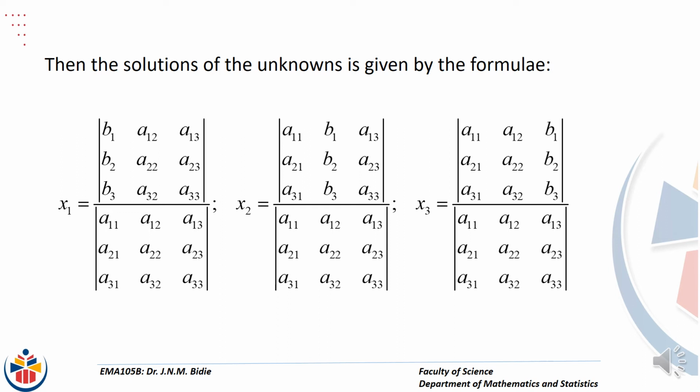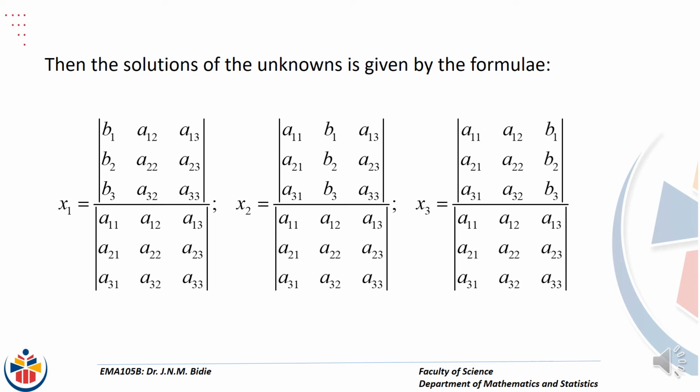So x1, x2, and x3 will be divided by the determinant of the coefficient matrix A, the determinant of matrix A for all three variables, but the numerator changes in the